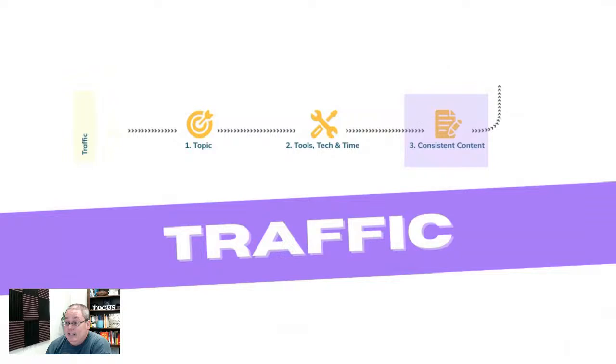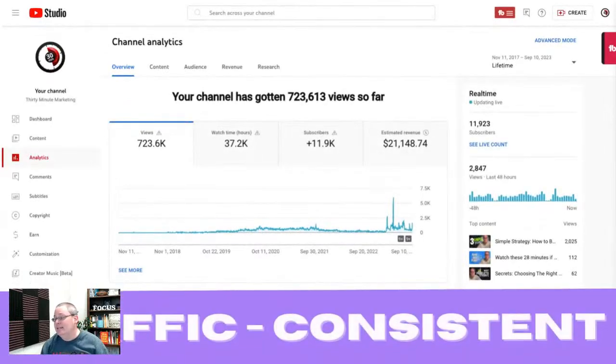And content, again, comes from consistently posting videos that you've created with the tools and the technology and the time that you set aside in step 2, right? So we look at consistent content and we say, well, what does this really look like? This is inside of my YouTube analytics for 30-minute marketing. Looking at the screen, you'll see that nothing happens in the beginning. But as you get consistent and you are in step 3 of traffic, solidifying the foundation of traffic, the building block, you'll see that this is going to go up. You'll see that things start happening.